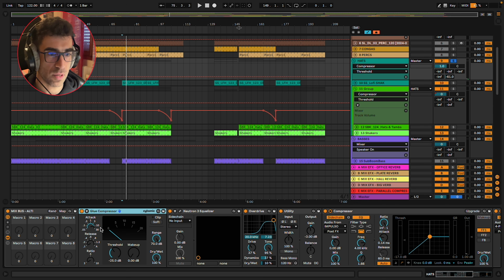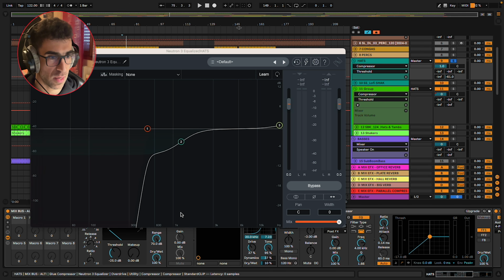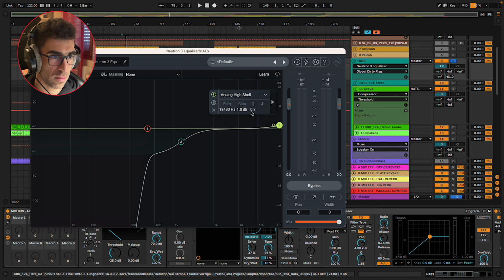Sometimes I may keep the attacks, sometimes I may smooth out the attacks a little bit, but in this case I love this feeling they had. Just 1-2 dBs maximum. Again, Neutron equalizer, low cut, removing a bit of noisiness here around 1K to make space for all the other sounds, and here adding just 1 dB of air, basically.